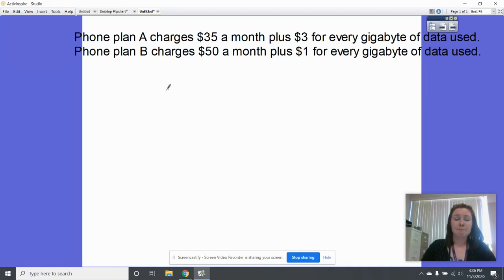So we're going to write an equation for each. For phone plan A, we're going to have y equals, where y is our amount of money, equals our slope, which has to be the thing that's happening over and over again. If we're just talking about 1 month, the flat fee is not happening over and over again, it's just happening the one time. But the gigabyte cost is happening every single time we use a gigabyte. So 3 times x, where x is the number of gigabytes, plus the $35 flat fee